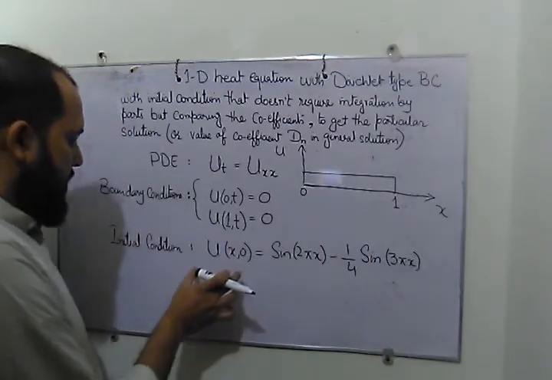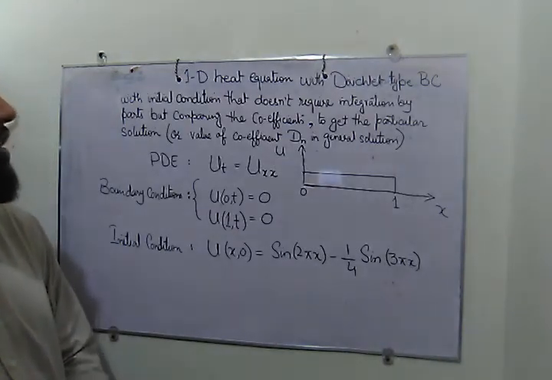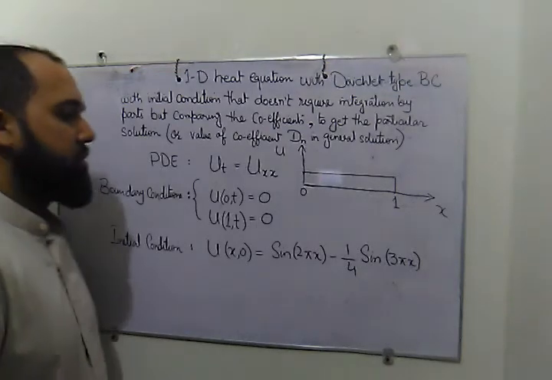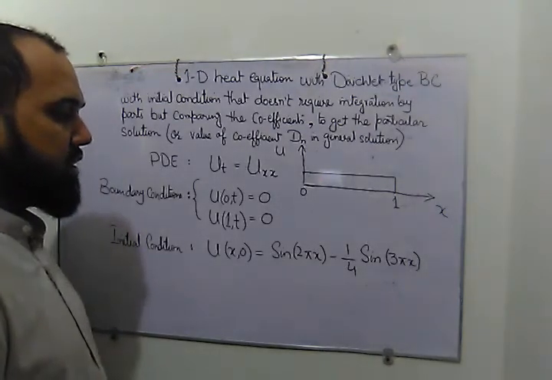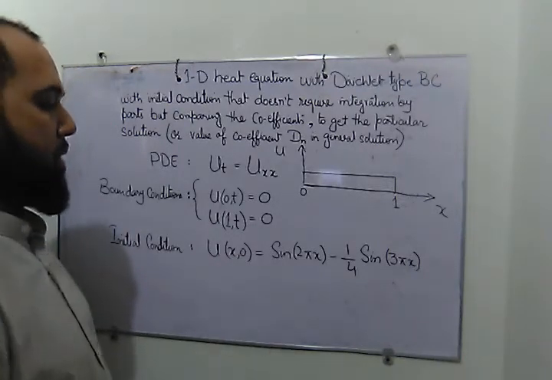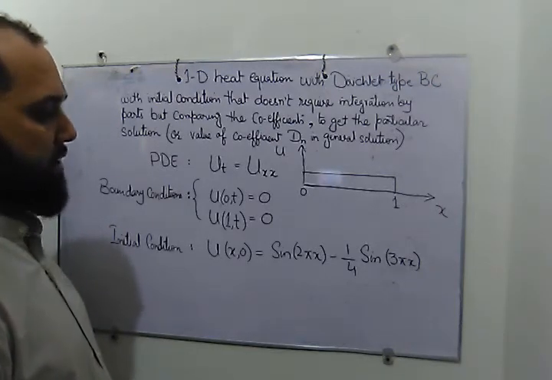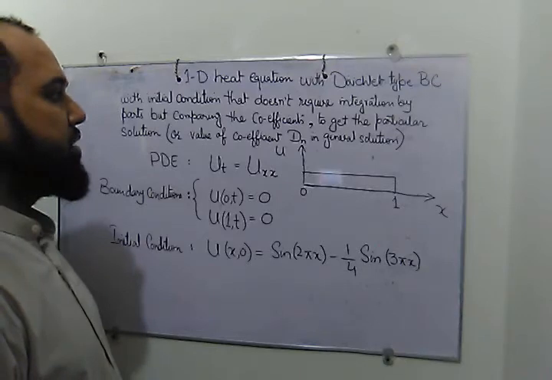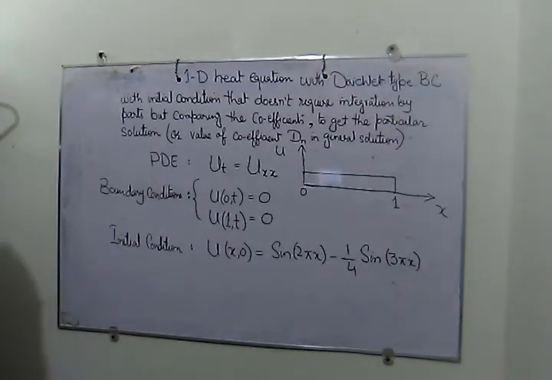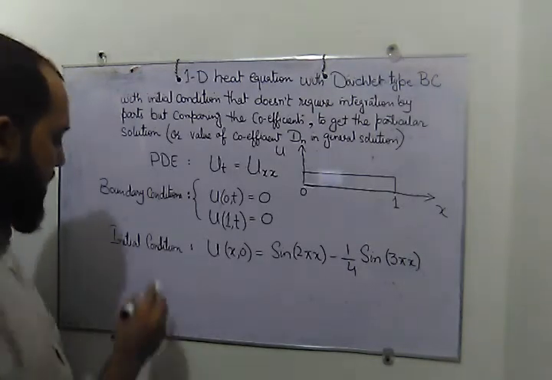The important part of this question, which differentiates it from the previous question, is the form of the initial condition. If the initial condition is given in the form of a series of sines, then we are going to use the comparing of coefficients method, and we will save ourselves the integration by parts. So we are going to solve it with the method of separation of variables.